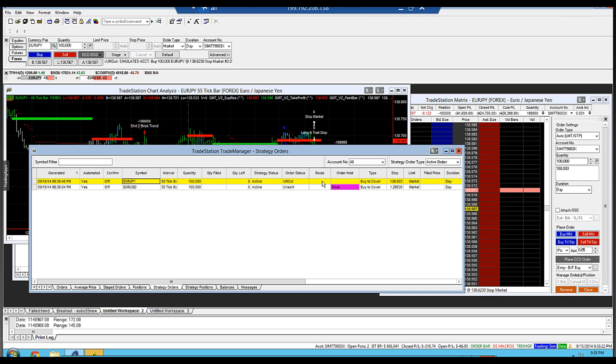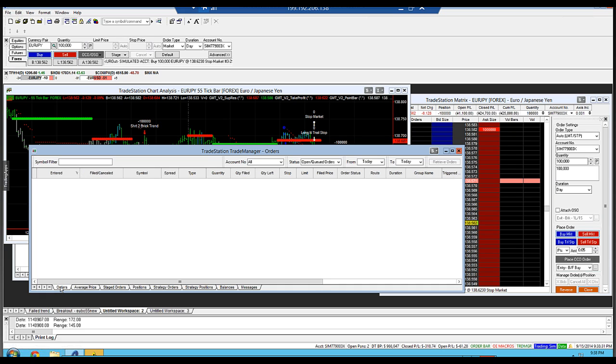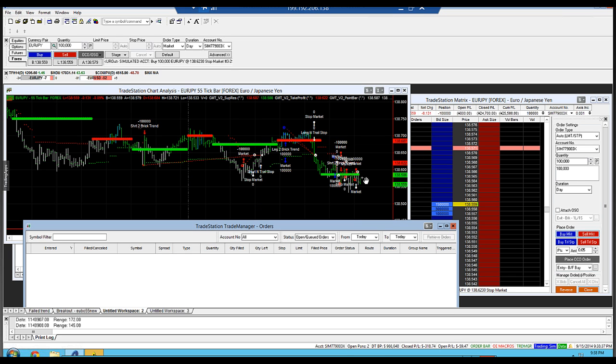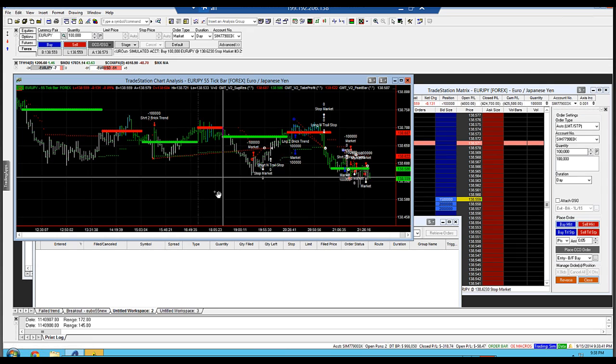So the Euro Yen should have a buy to cover. Now we can check if that buy to cover is here under the strategy orders. We can see nothing's there. And we can also see that there's nothing on the chart showing that your buy to cover order is in place. So same thing again, Control R,